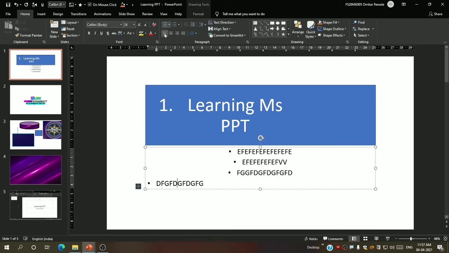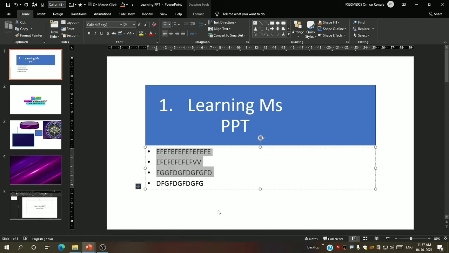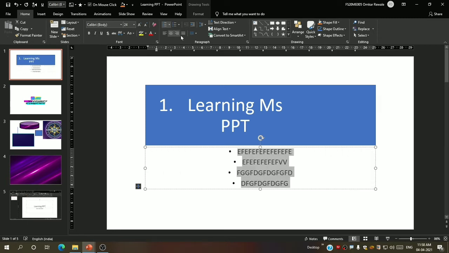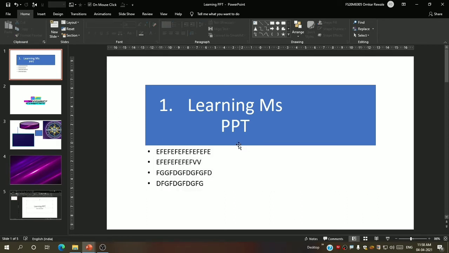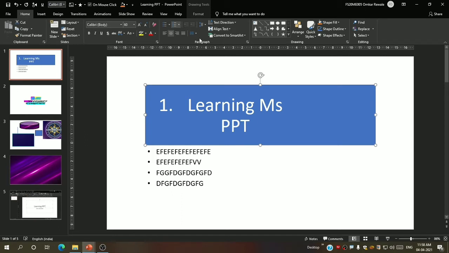Well, I will say now align left. Let me select all of this and say align over here. Okay, so you can see it is aligned at left. Again, align at right, center, justify. Now the justify option is mostly used in Word when we write some big paragraph, and you will come to know that when you use it. Okay, so this was all about the basics.